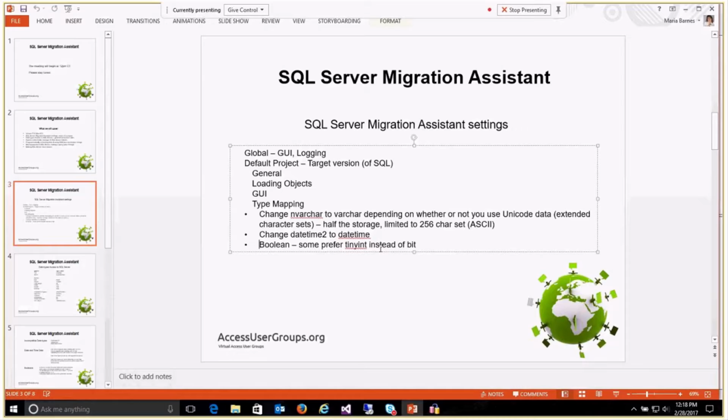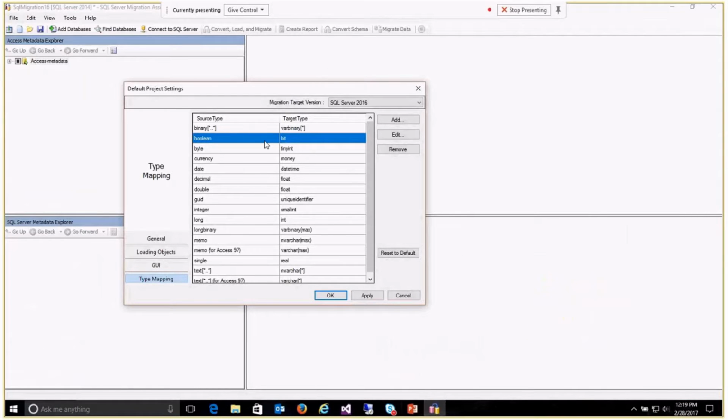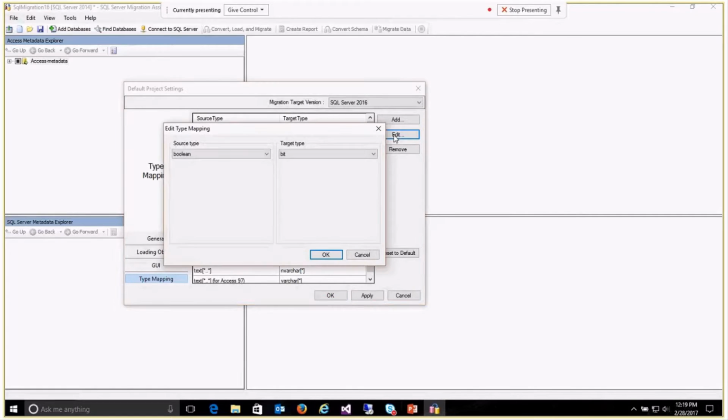So in SQL Server, unless you specifically say that that field is non-nullable, you can actually have a Boolean that has a null value. It's not 0, it's not 1 or -1, but it is null. And so in that case, you want to make sure that,